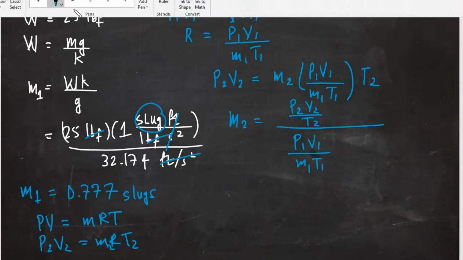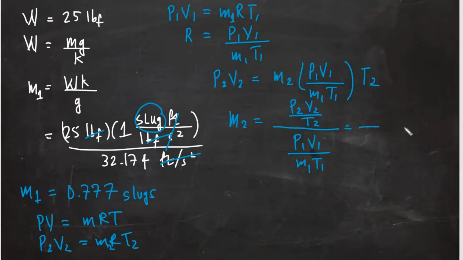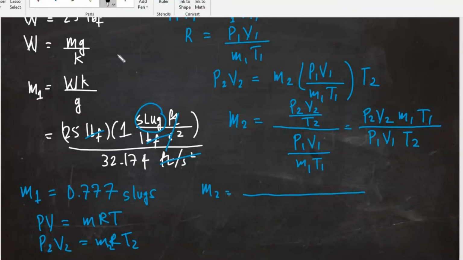Let's just fix this formula a bit, so that it won't be hard for us to input the given and use the calculator. Okay, so we have P2V2. This will be in the numerator, and also in the numerator are M1 and T sub 1. You already know that because it becomes a reciprocal once it goes to the numerator. So P2V2 times M1 T1 all over P1 V1 times T sub 2. Okay, so we'll have M sub 2 is equal to,